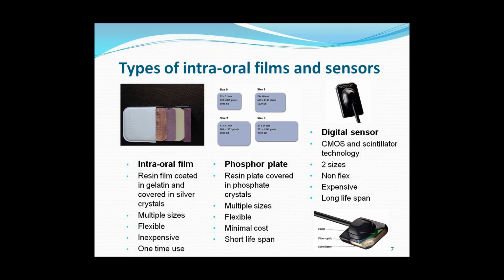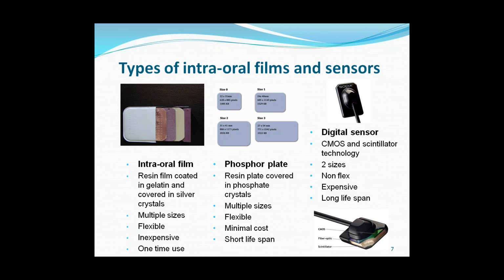They're very inexpensive. A size 2 film will normally set you back around 50 cents, 50 Australian or US or New Zealand cents. A larger film, say a size 4 film, which is about 4 times the size of the size 2 film, normally about 57 by 76 millimeters in size, will normally set you back about $3. The disadvantage of these films is that you use them once and then you have to store them, similar to